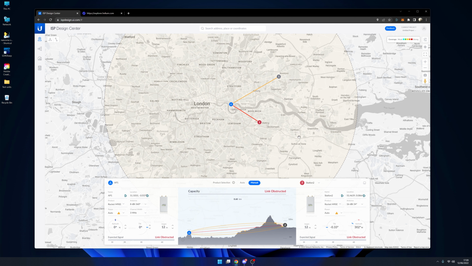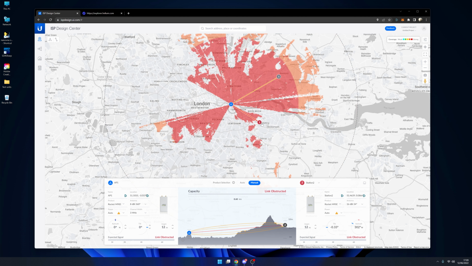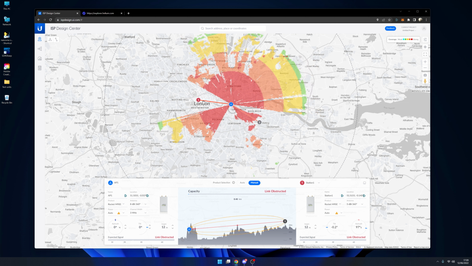Now, the best thing about this tool is that you can select each number, and they represent a station. A station is where the signal can be heard from your location. Now, what this will do is show, if you were to transmit, how far this could reach, and then you can see that